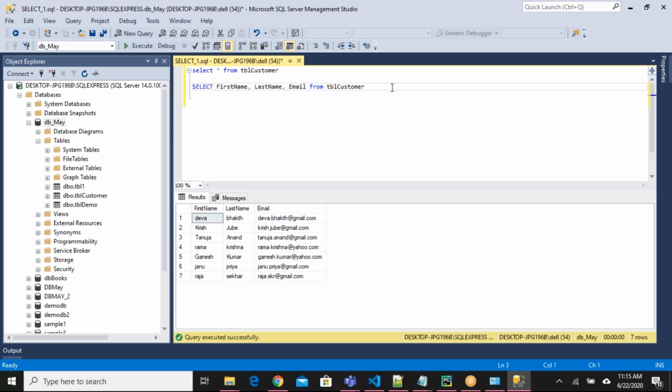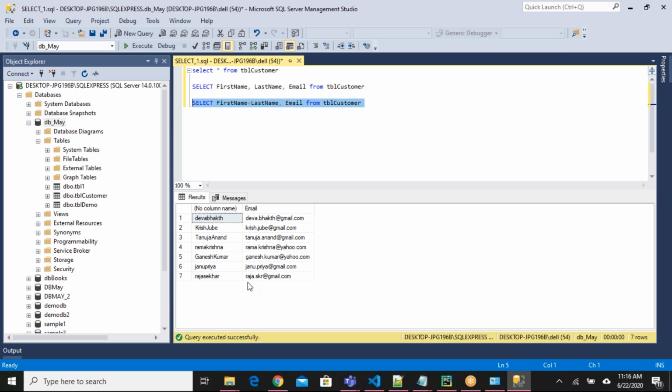Also, I can write, say for example, let's see what happens. See here, what I'm trying to do is concatenate first name and last name, along with some space in between.